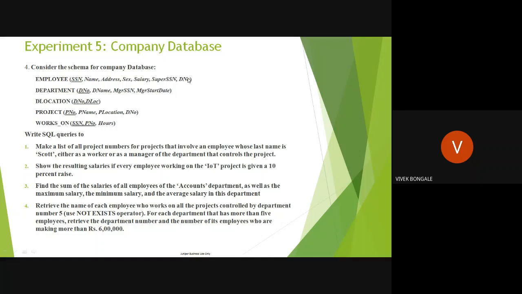But the department number is referring to the department number of the department table. If we try to create this table first, we need that table's attribute information, because this is referring to that table. So that table should be created first. Okay, fine. We decided that we're going to start by creating the table for department. Now in the department table we also have a manager SSN. This is acting as a foreign key, referring to the SSN of the employee table.